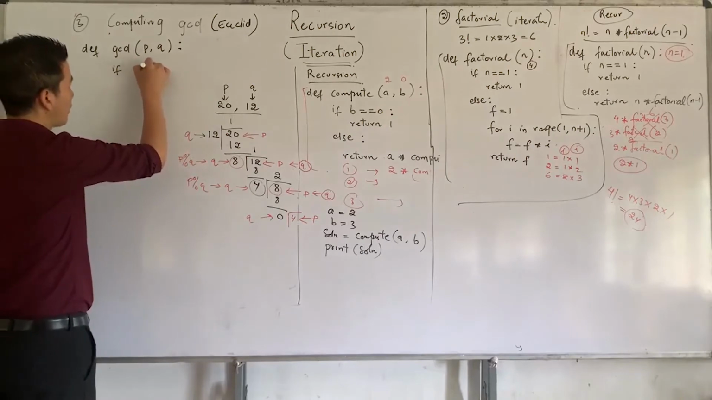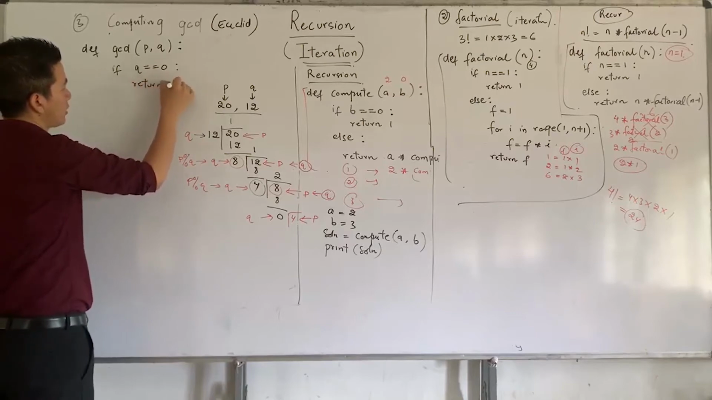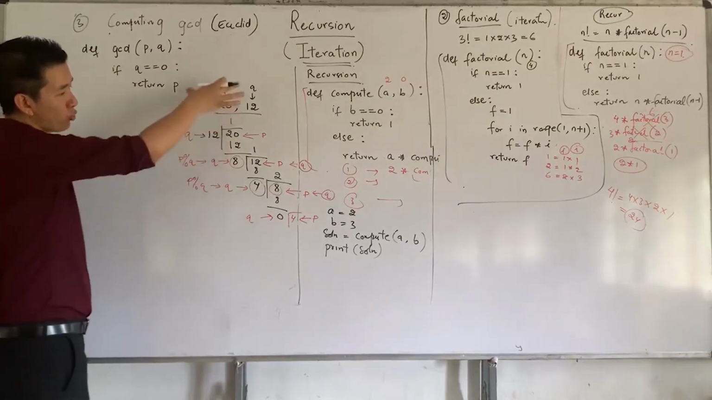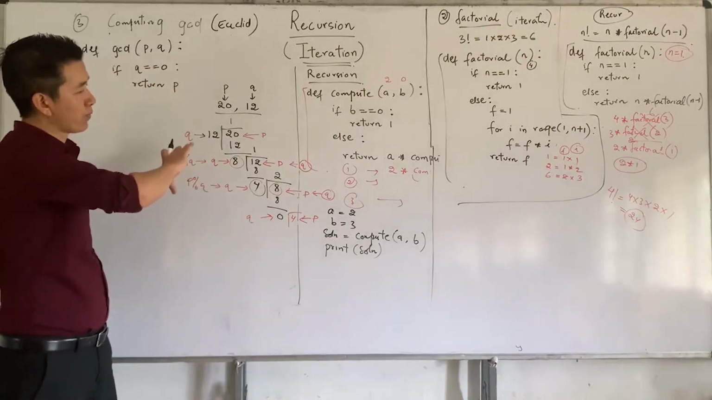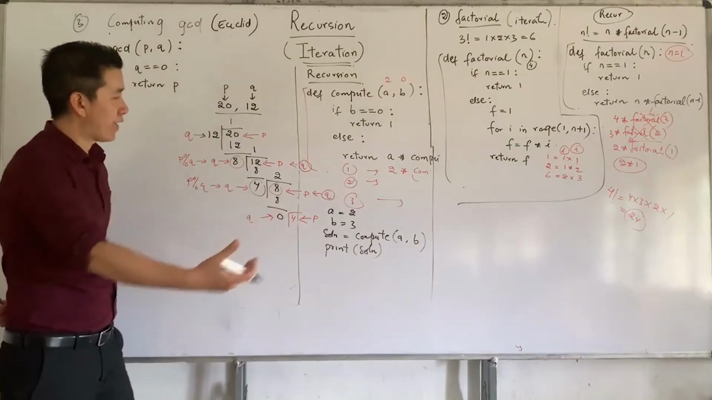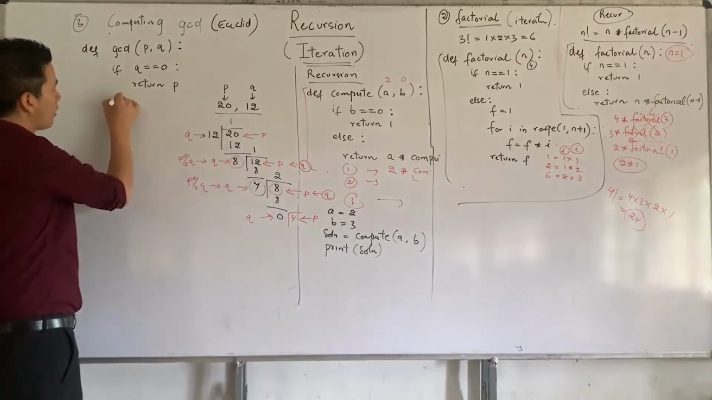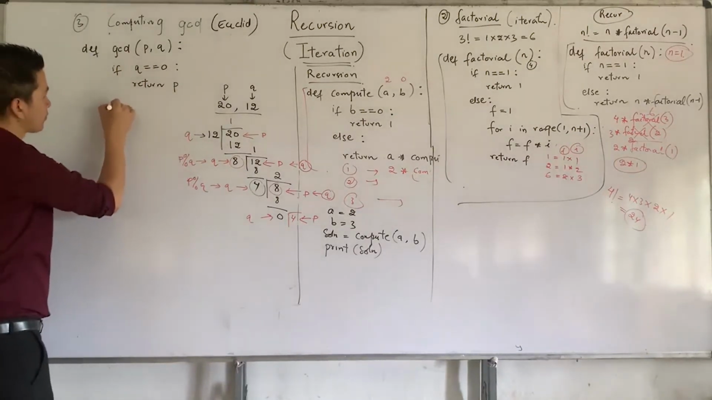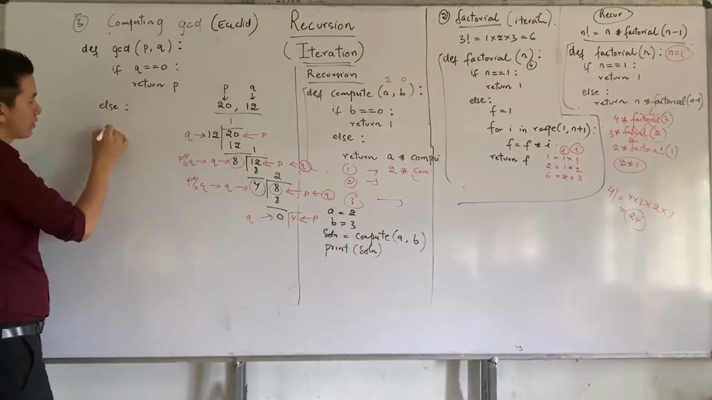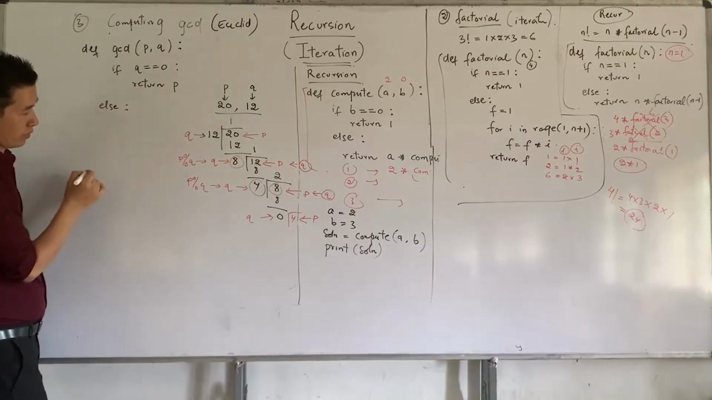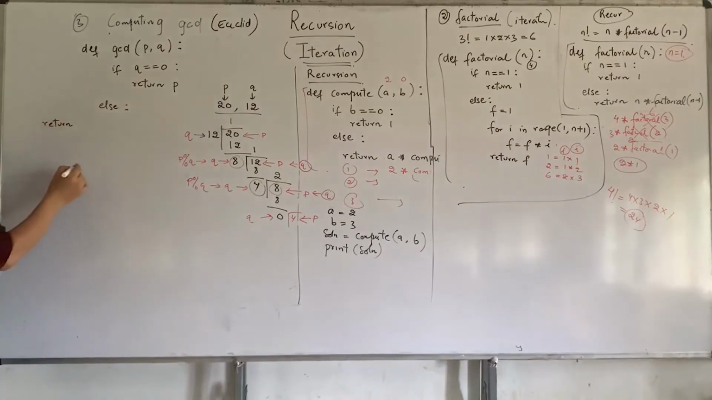So if the value of Q is equal to 0, you will have the return statement of P. Once you understand Euclid's algorithm and emphasize how you get the successive values for P and Q, converting this into the program is real easy. I'll just shift the whole thing a little bit aside. Now this is going to be else, return, you will have